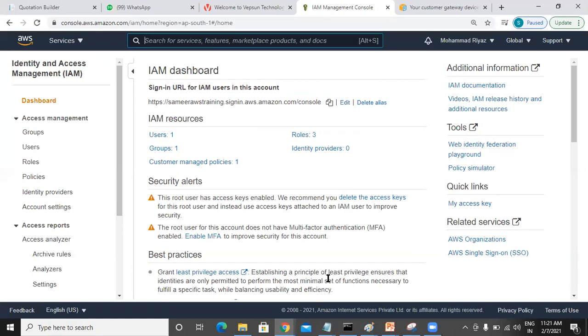An IAM user is nothing but a local account on your AWS platform where you can define certain permissions for what that user can do. It is not a domain account. It's an internal account on AWS which we can create and assign certain permissions. Basically, it's an entity to represent a person or an application to interact with your AWS.